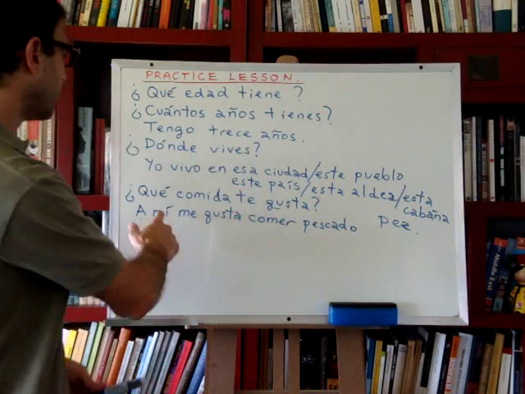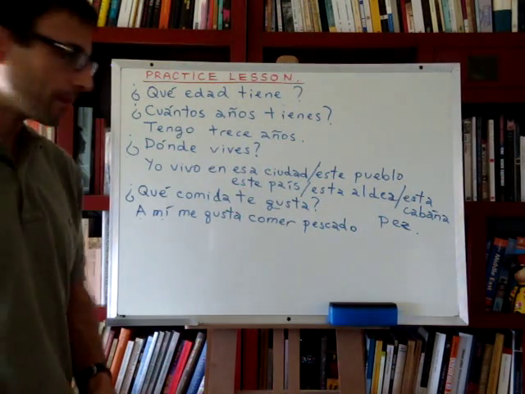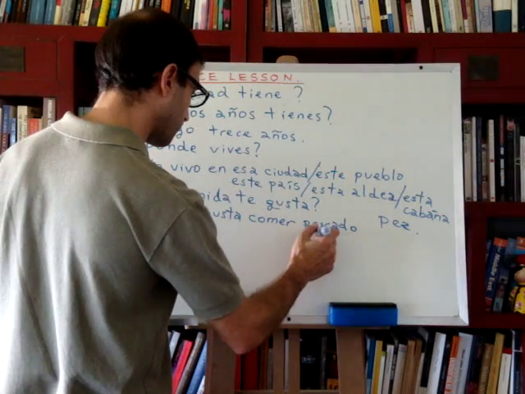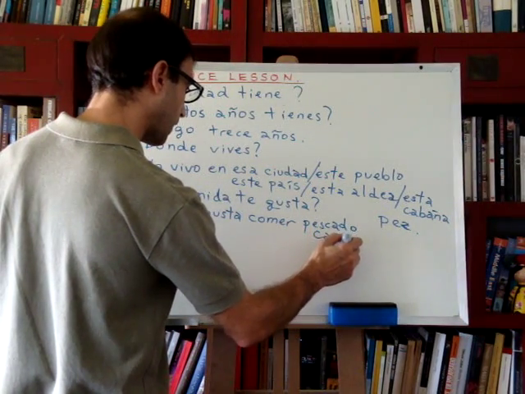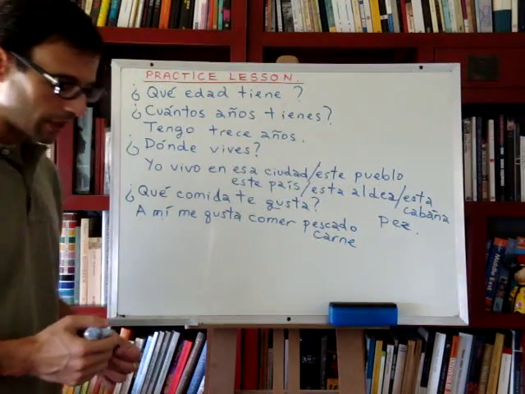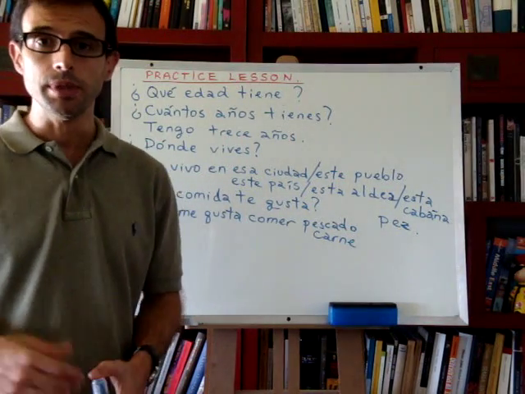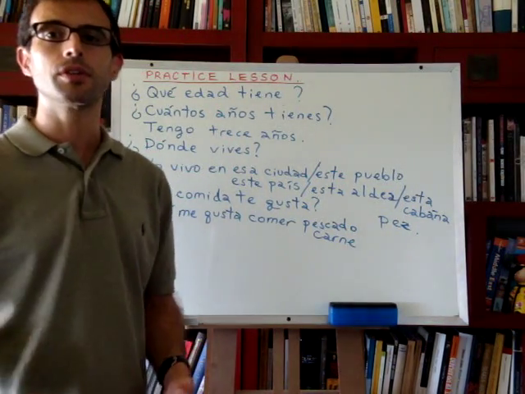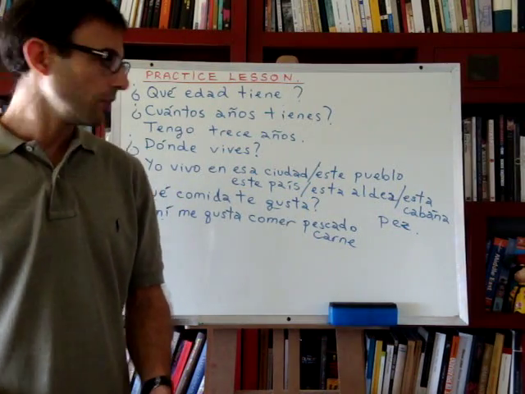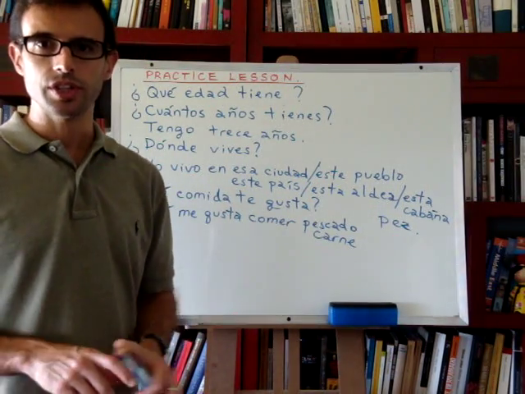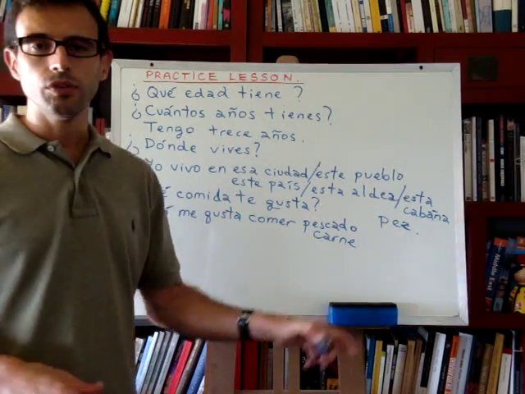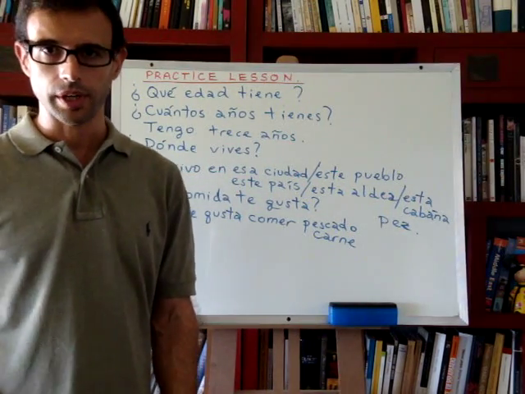Or we can say, a mí me gusta comer carne, meat, right? Carne is generic. Carne means meat in general. It can be beef, mutton, chicken, etc. Usually, generally, carne is used to refer to red meat, right? But it's